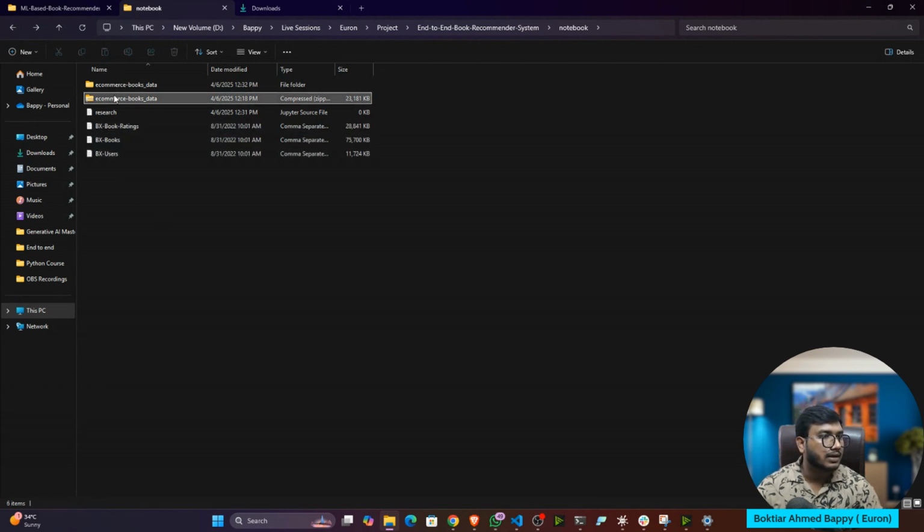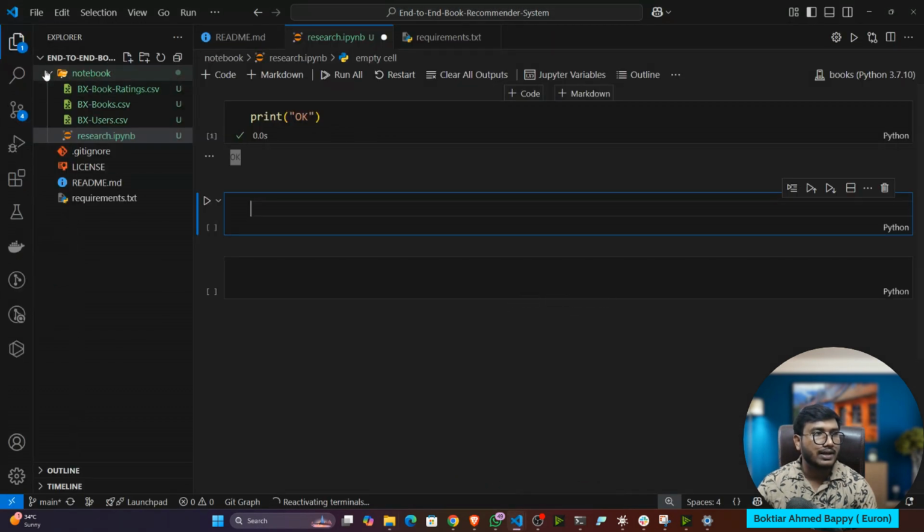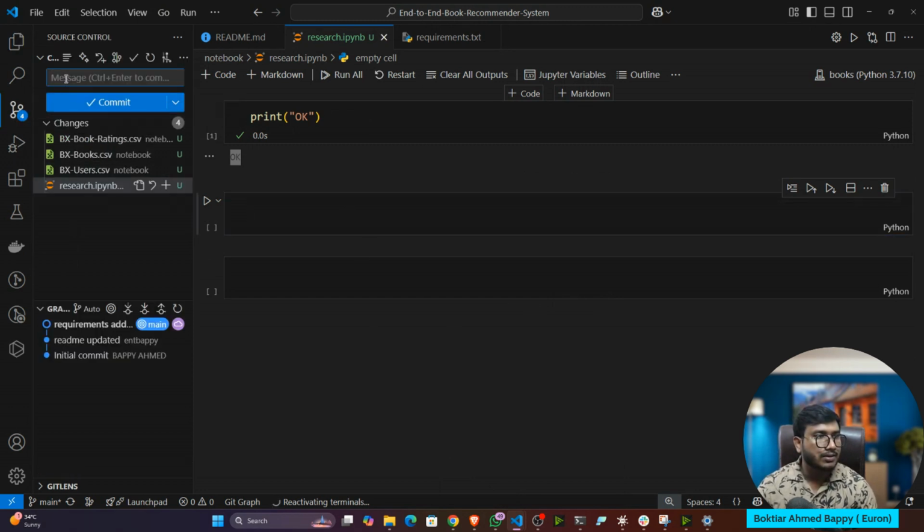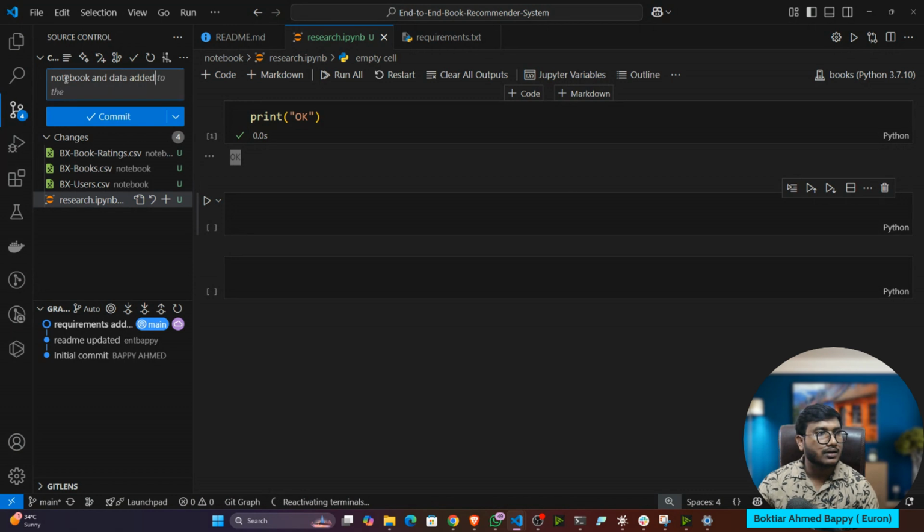I'll keep the data here, and the rest of the folders I'll remove. Now if I show you, your data will look like that. In the notebook folder, I have the notebook file and the data. Now let me push the changes so that you can also get it. Notebook and data added.